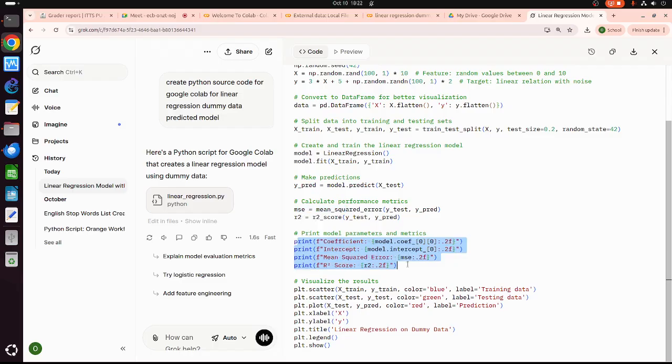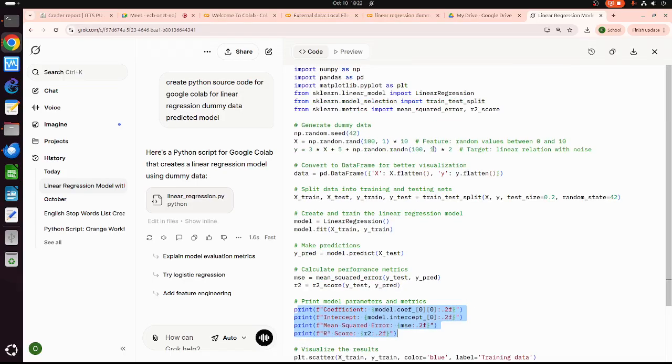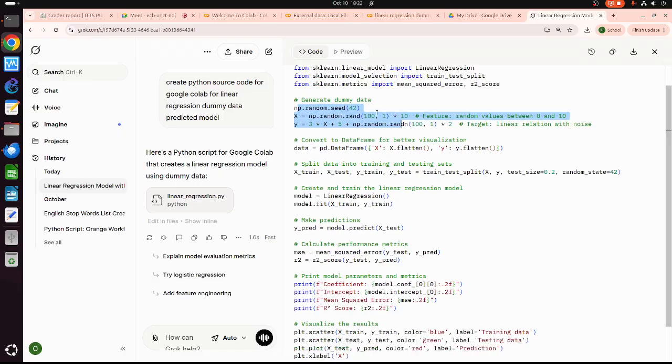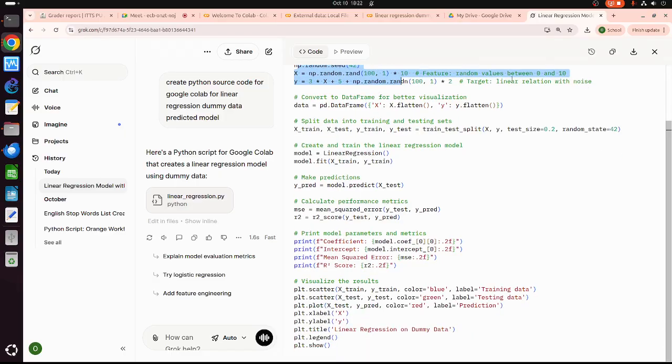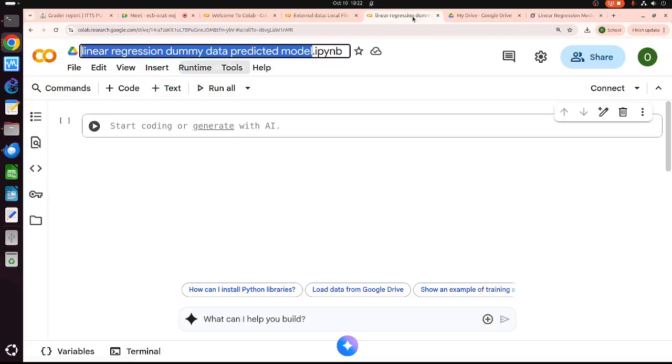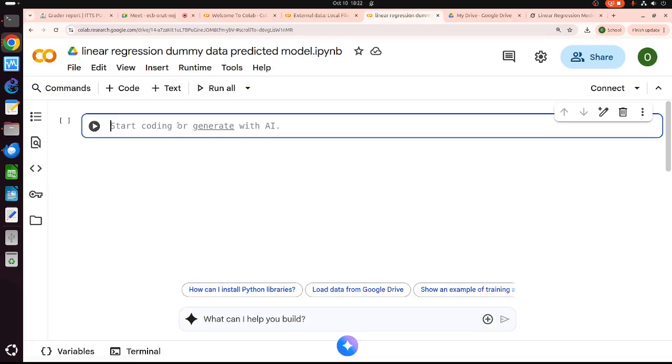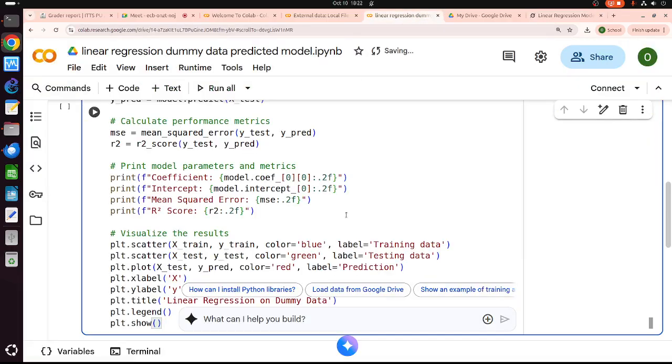And this is the print of these things, and the other one is the plot. So this is very easy. What I have in mind is changing these things using a file later. So the first one, I will use this one and play around with these things. I will copy this from Grok and put it here. Okay, I hope it works.